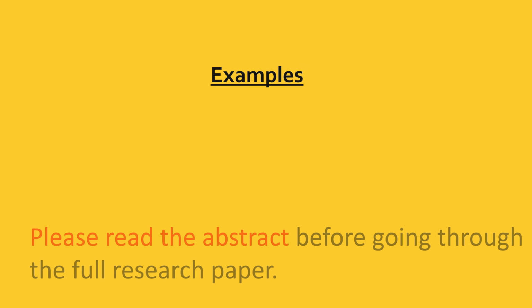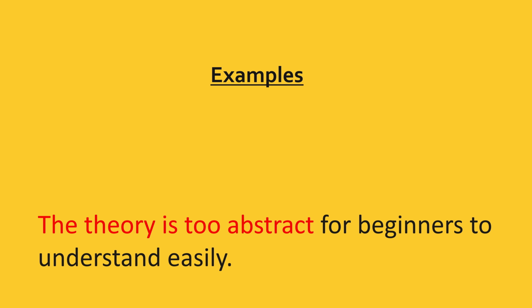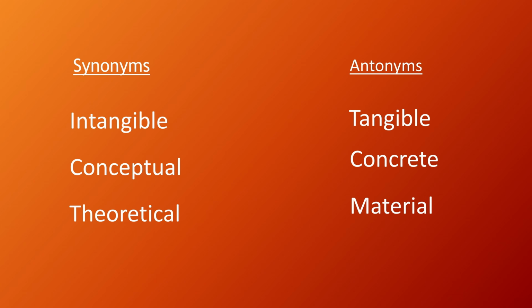Here are some examples. Please read the abstract before going through the full research paper. The theory is too abstract for beginners to understand easily. Synonyms for abstract are intangible, conceptual, theoretical. Antonyms are tangible, concrete,